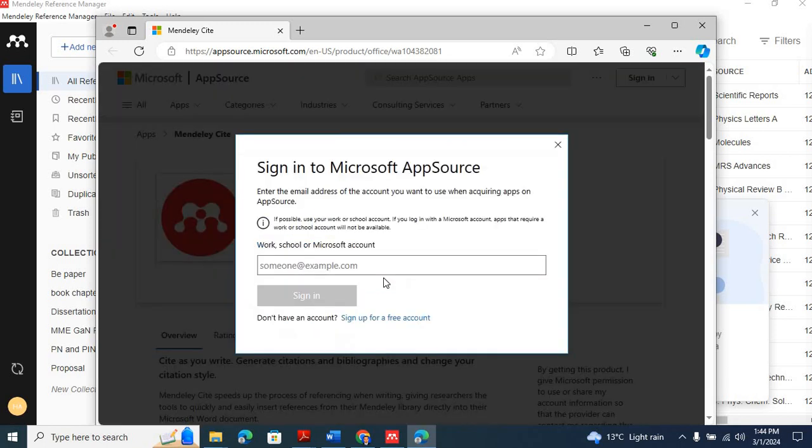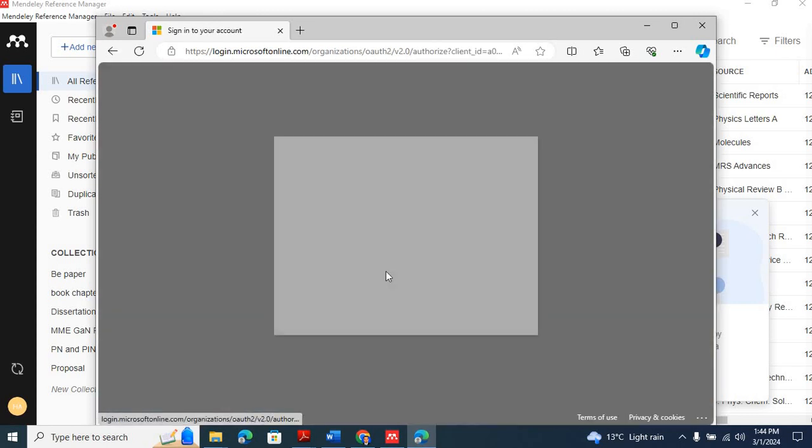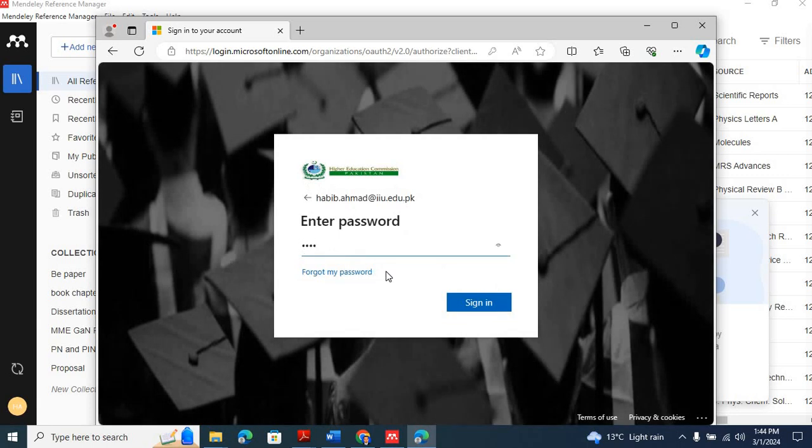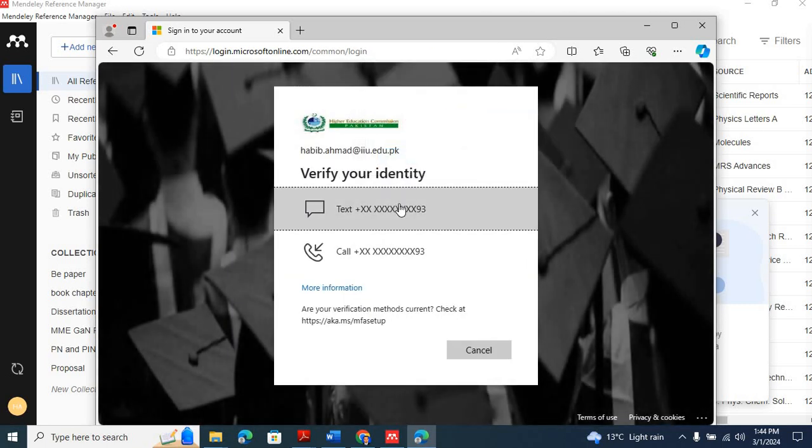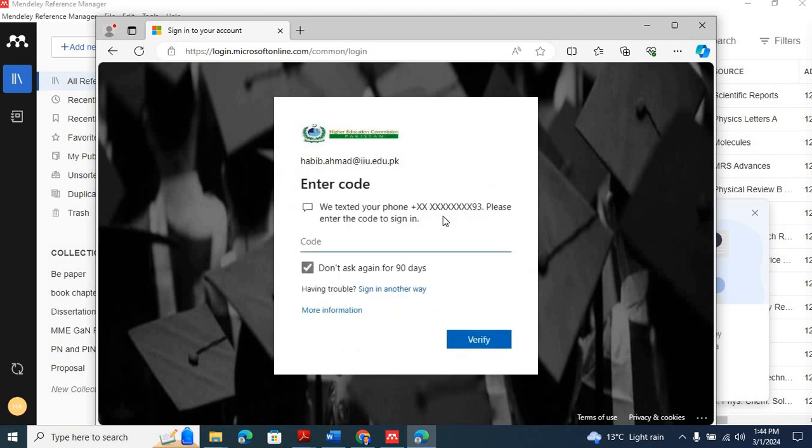Click on Get It Now, and it's asking for the information for your Microsoft account, so I'm going to enter that information. And it's asking me to verify my identity. So I'm using a text method for verification, and now